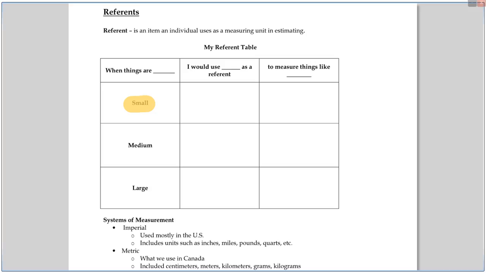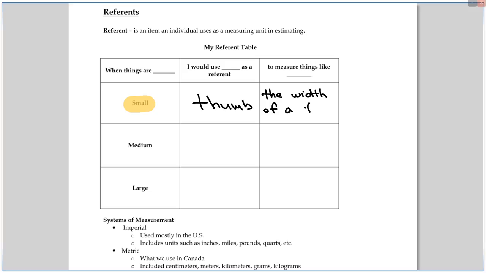Say I wanted to measure the width of my textbook. What would I use? Maybe a thumb? That make sense? Okay, so you're just using physical things to represent length, and that's all we'll do in this course is length. So I would use a thumb, and I can measure things like the width